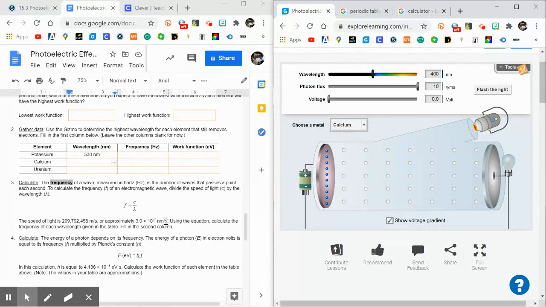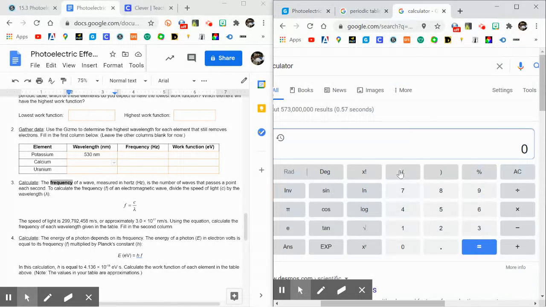This is nanometers per second, everybody. Now what I have to do is put the speed of light, c, and the wavelength is 530 nanometers. So I grab my calculator and put 3.0 times 10 to the 17. Please notice how I write the superscript, the power. And now I divide by 530, and I get